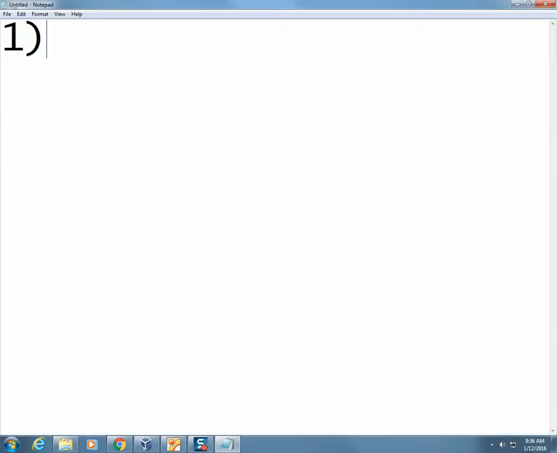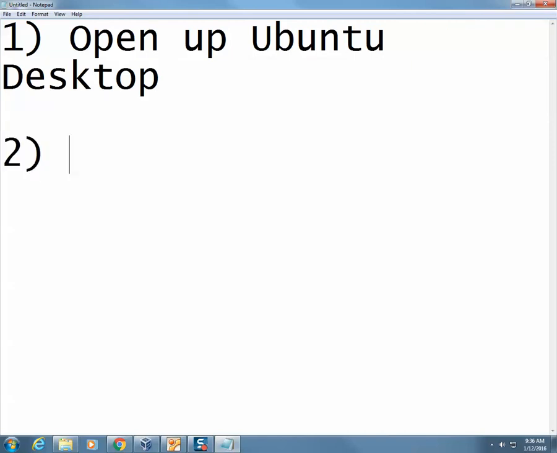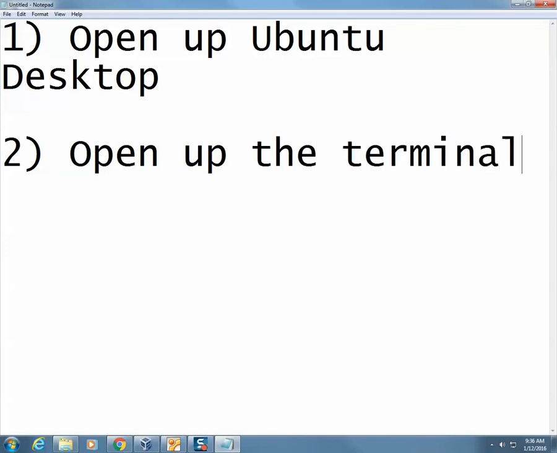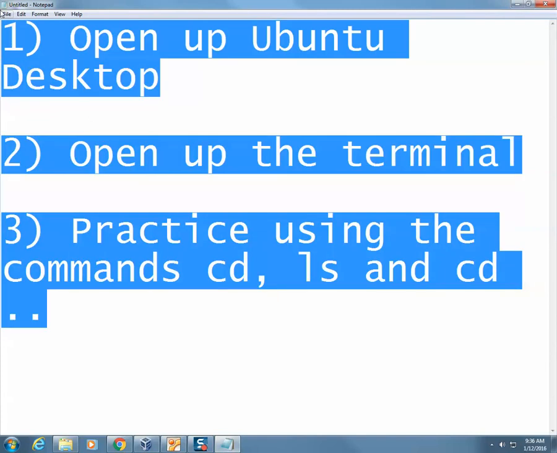Number one, open up Ubuntu desktop. Okay. Number two, you need to open up the terminal. And then I want you to practice going to the root directory and practice using the commands cd, ls, and cd space dot dot. Okay. Then once you've kind of practiced that and gotten familiar with that and just kind of played around with it,